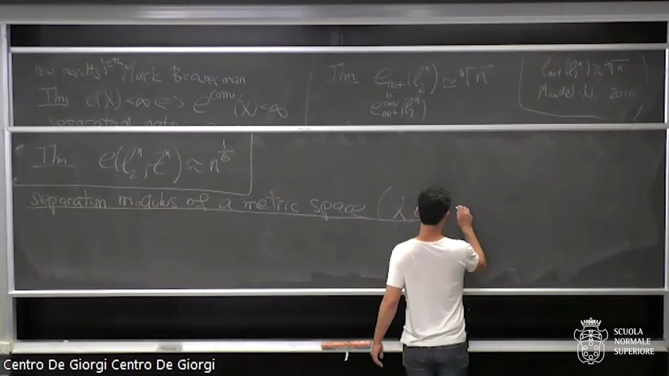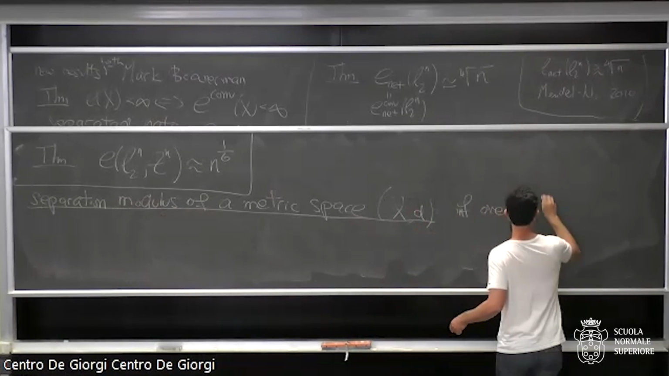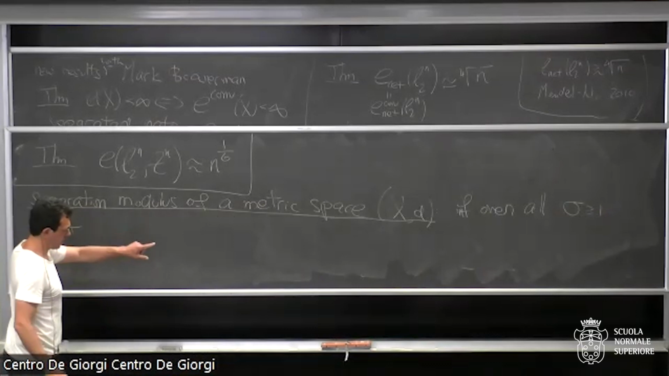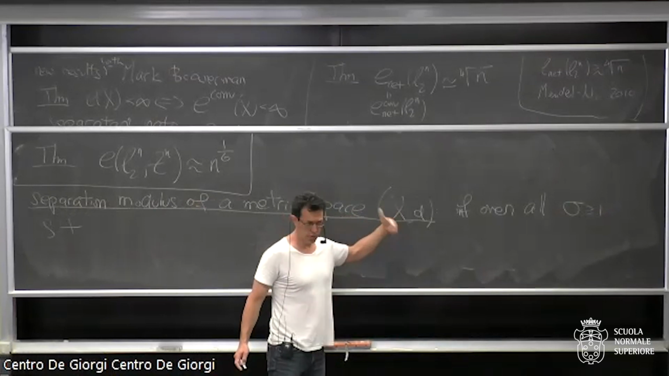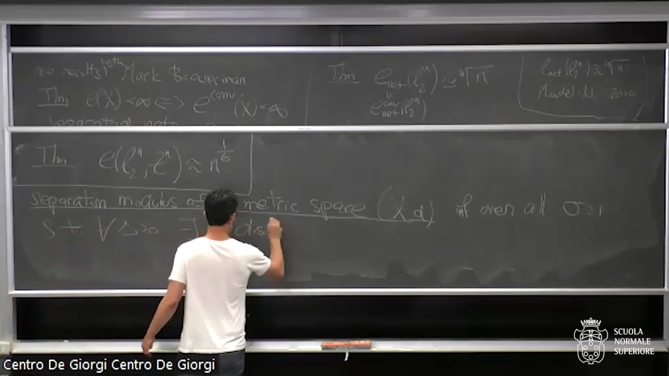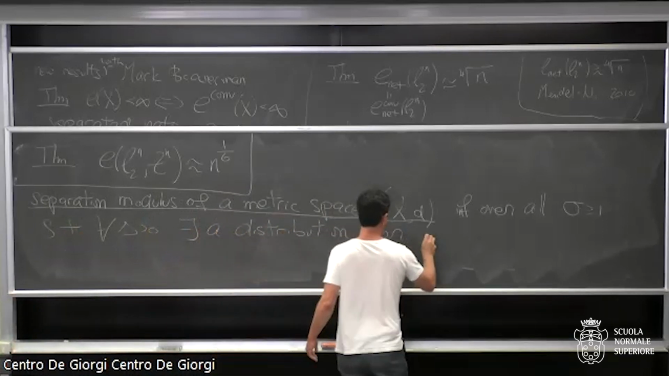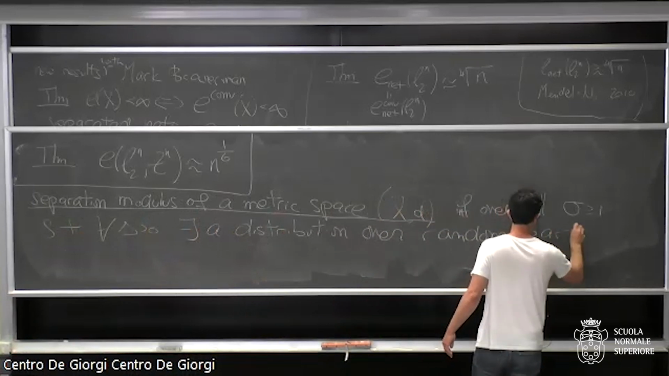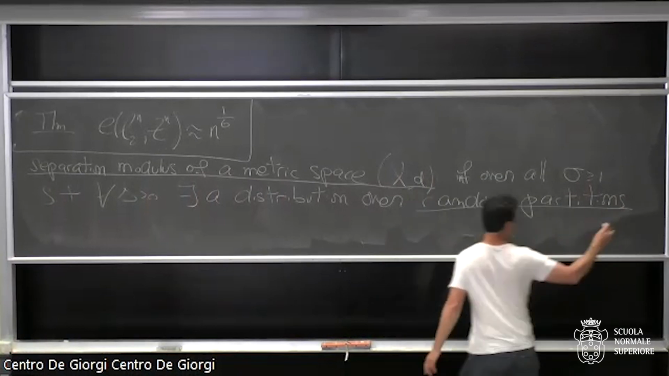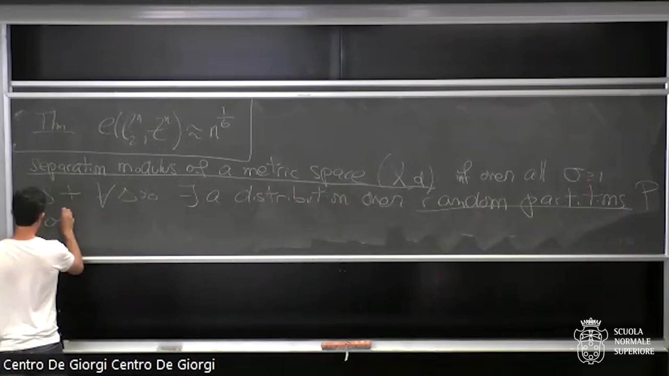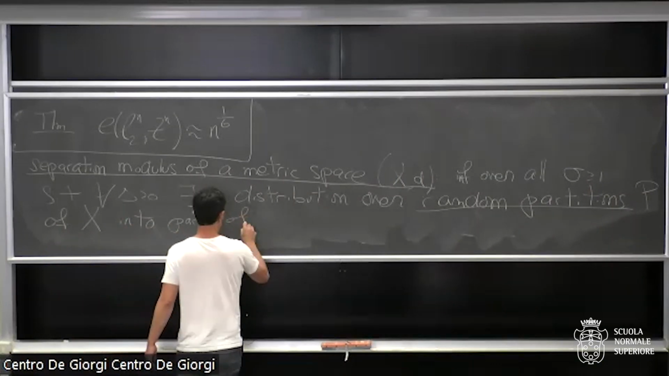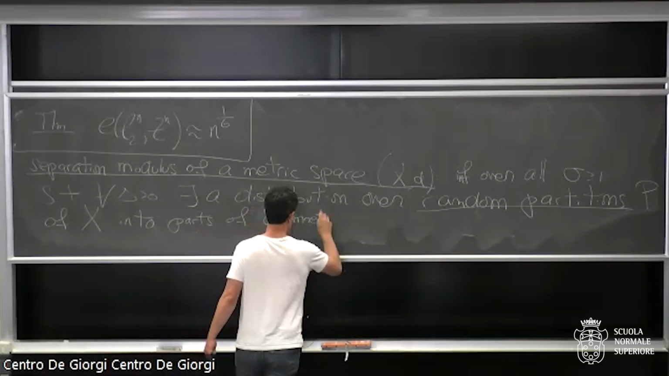So this is the inf over all sigma, such that, I wrote over Rn. When there is scale invariance, I don't need to introduce a scale, but for a general metric space, I need to introduce a scale. So such that for every delta bigger than 0, there exists a distribution over random partitions P, but P is a random variable, I'll draw a picture in a second, of X into pieces or parts of diameter at most delta,